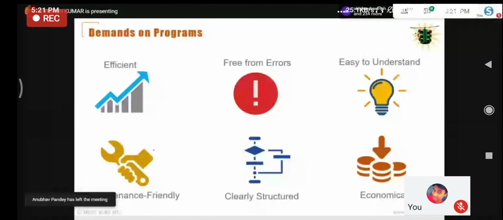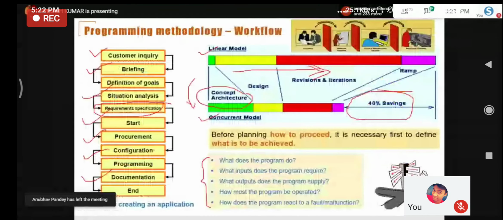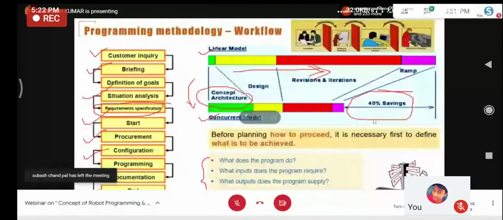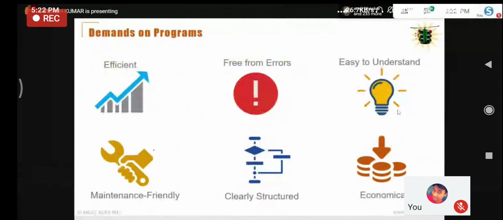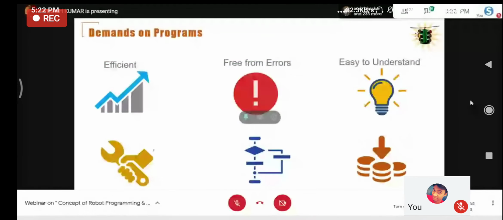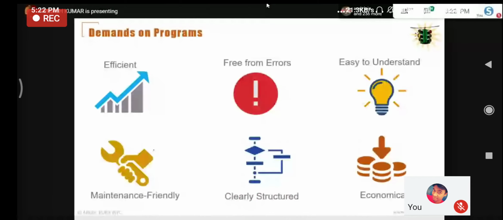If you have followed this basic flow, you can easily analyze what the program demands, and what the customer demands. A customer is satisfied only when the program offered is efficient, free from error, easy to understand, maintenance friendly, clearly structured, and economical.